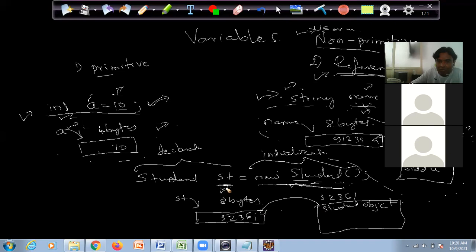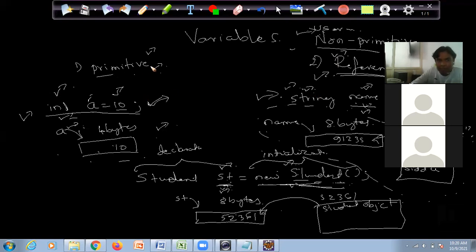So what we understood is, in case of a reference, inside the memory allocated for the variable, the object or value is not directly stored; the object address is stored. When we compare the differences between primitive and reference, primitive variables are defined using primitive data types, and reference variables are defined with reference data types.